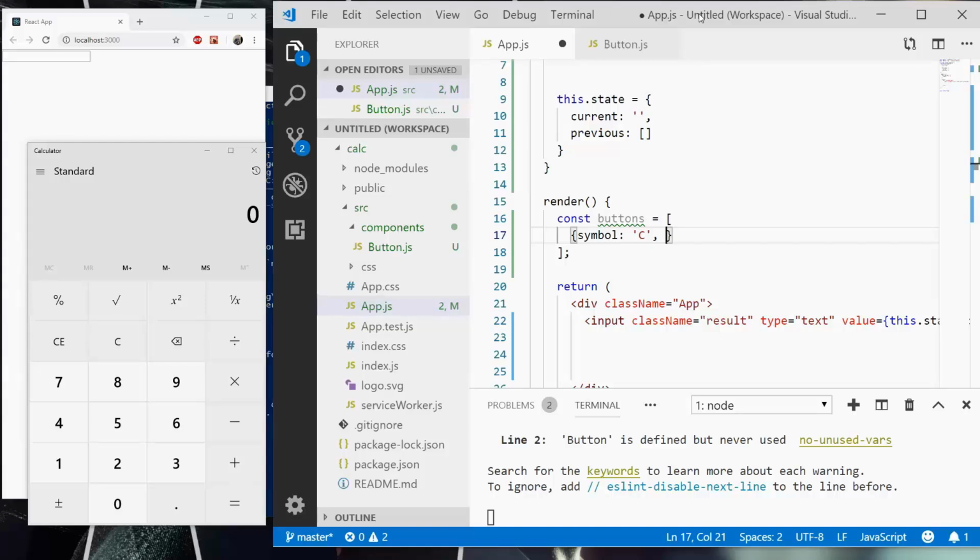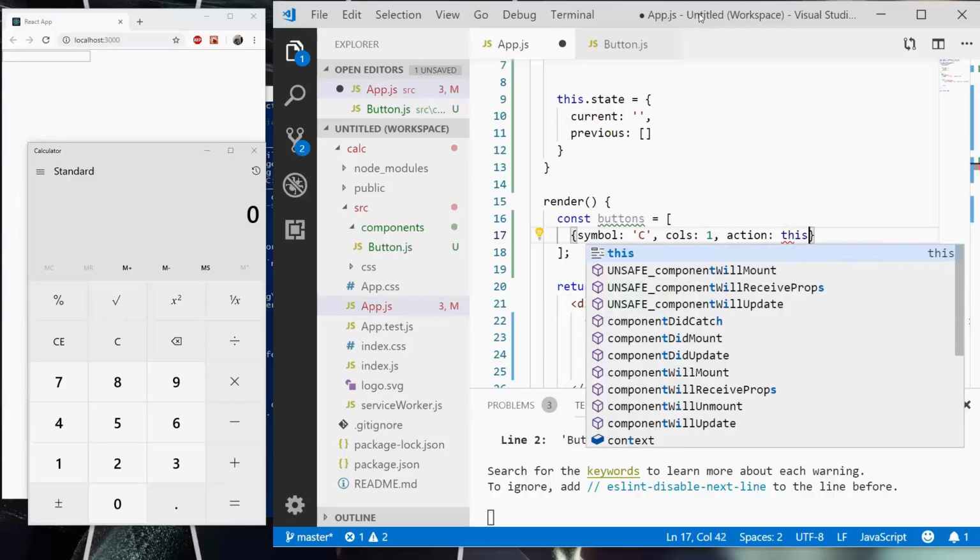Yeah, but instead of going and integrating Bootstrap itself, we're just going to have to do this ourselves. So call width, cols, let's say, it's going to be 1, and then action. All right. So we're going to need to define some actions or some functions that each button will call that will update it accordingly. Let's say action is going to be this,